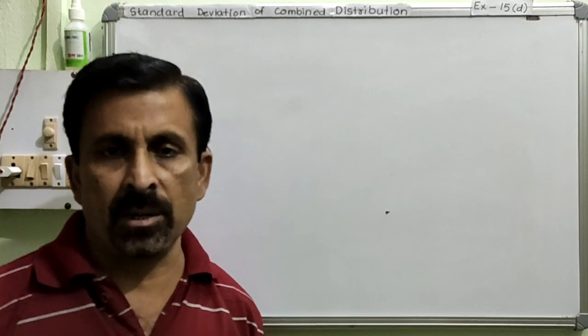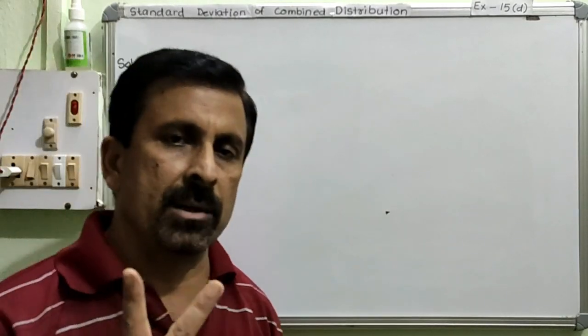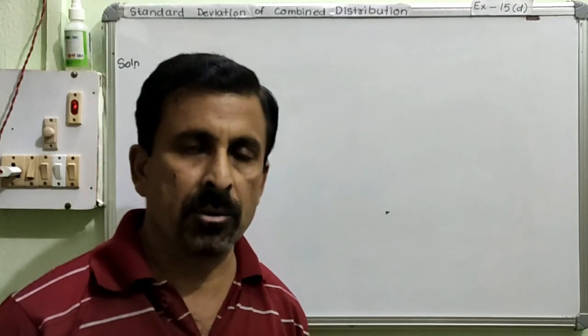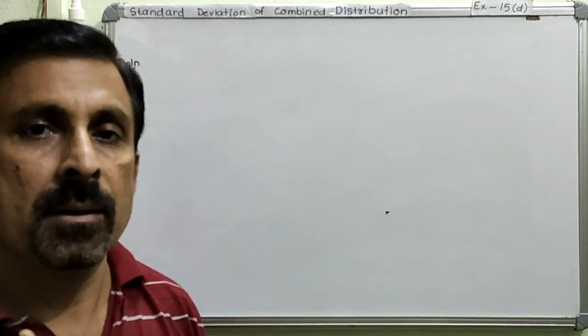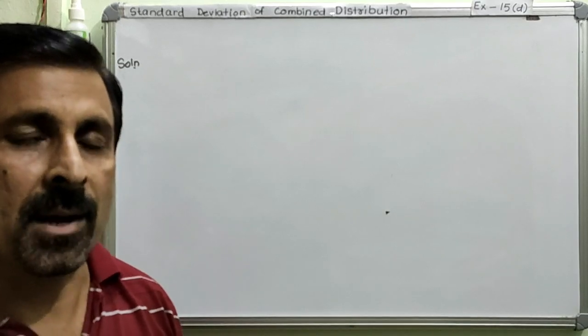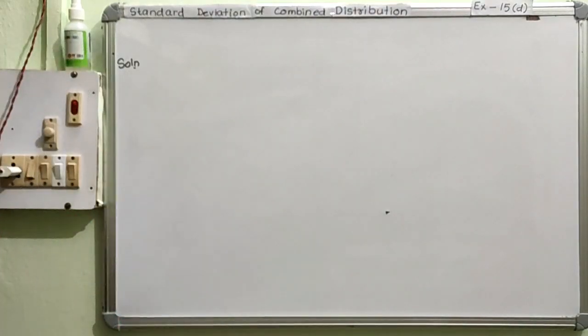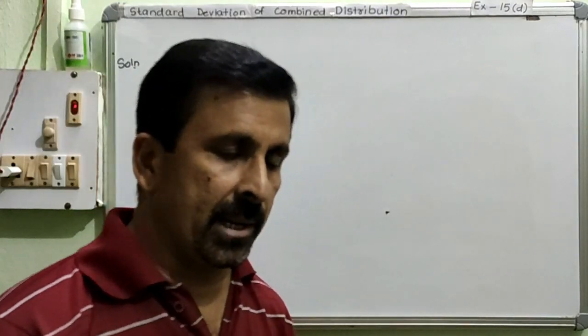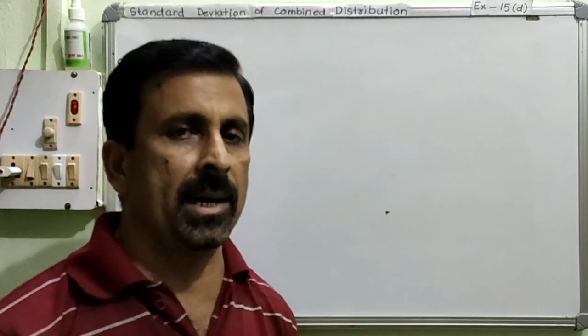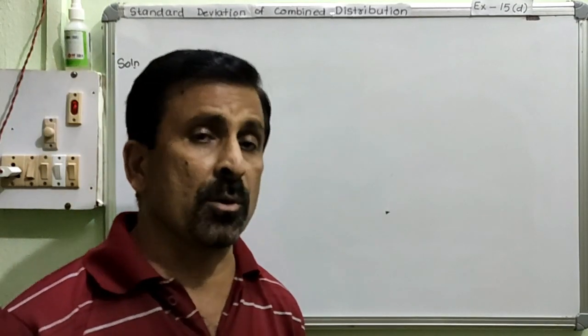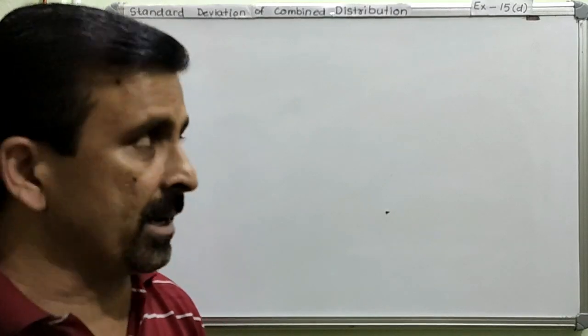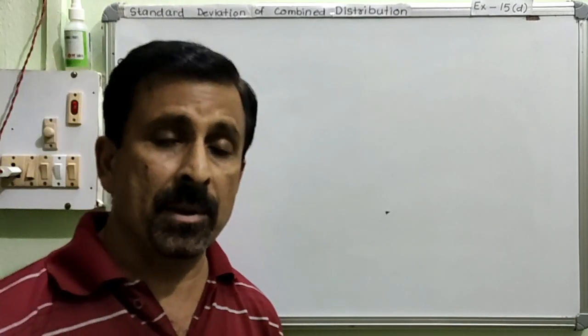In the previous question, question number 10, what you have noticed is there were two things in the question, right? The question asked us to calculate the combined mean and standard deviation. But most of the time, they will ask us only to find out the standard deviation. Clear? Again, I am repeating. In the previous question, they asked us to calculate two things, combined mean and standard deviation. But in most questions, they will ask us only to find out the standard deviation of the combined distribution. But please be very mindful.